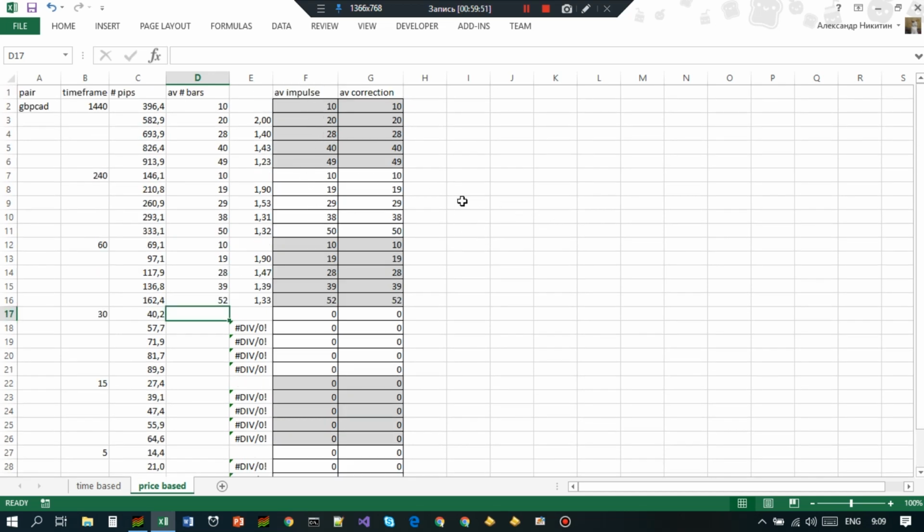I simply have the ideas of how I can profit from that, but I don't have a thought-out strategy based on this. But it can help to analyze the pound Canadian market at least. And maybe if we have this pattern confirmed by other pairs, it can be the basis for analysis. So we know that this much time should pass for a correction to end. We know that this price should move this distance